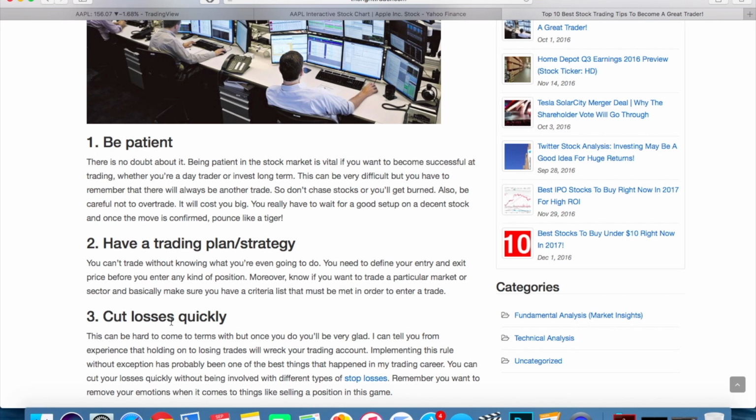Third tip, cut losses quickly. So this is sometimes a little bit of a contradicting tip, right? Because it really depends on your trading style and investing style, because everything in this article also goes for investing. But it usually is a good idea to cut your losses quickly, right? And the reason for that is simply because